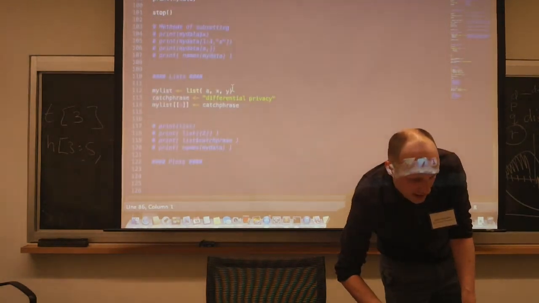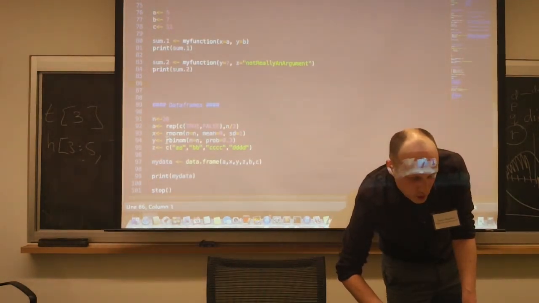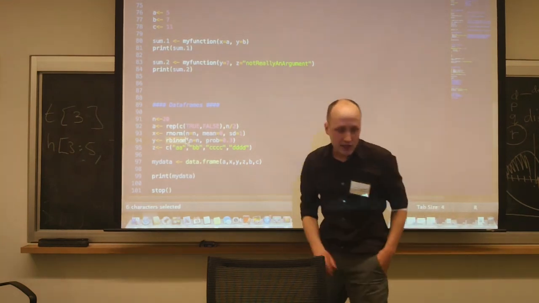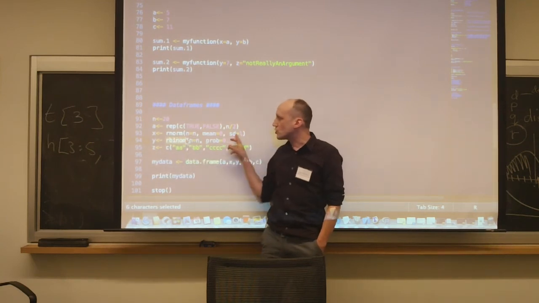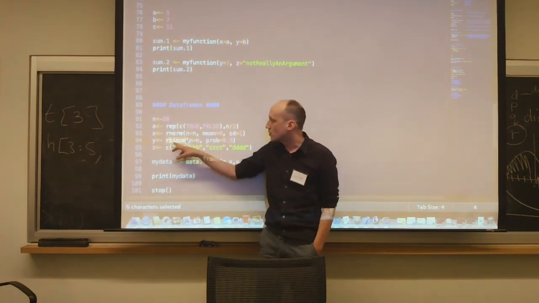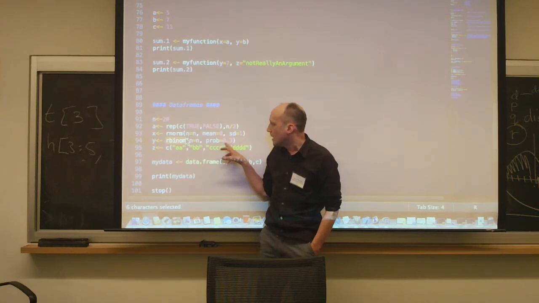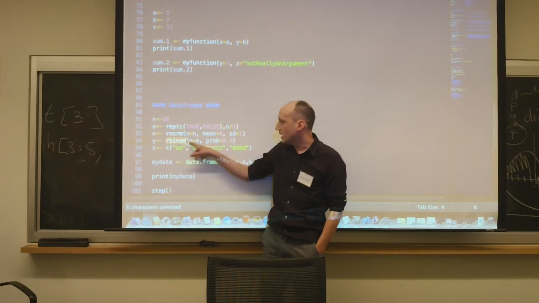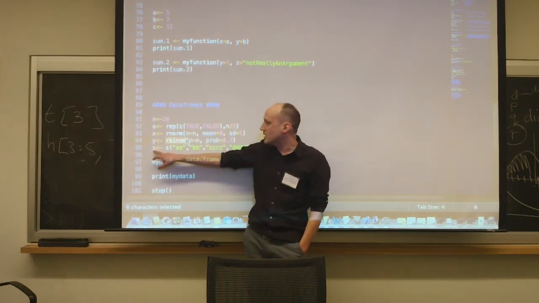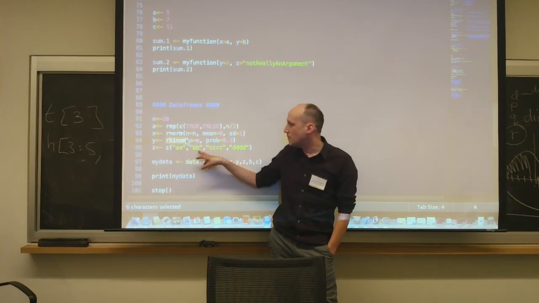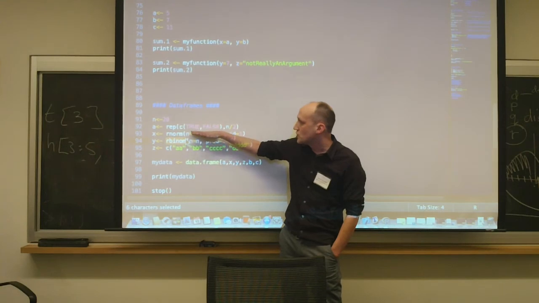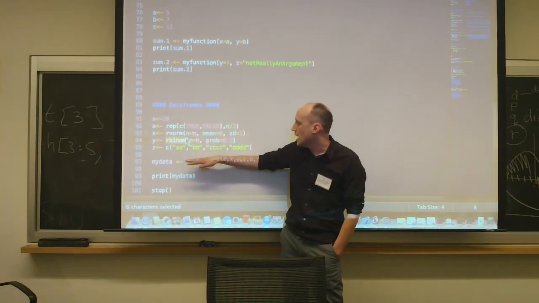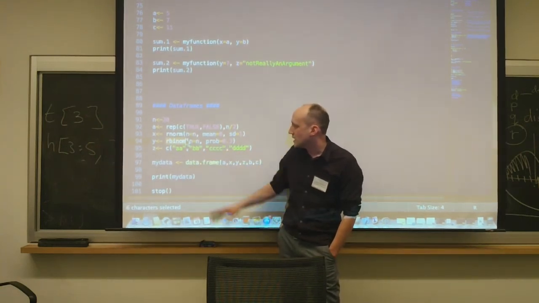Okay, a binomial distribution is also pretty useful. You'll see in the code that I have an example of draws from a binomial distribution. So I'm going to construct some variables. A is going to be true, false. X is going to be a bunch of draws from a normal. Y is going to be a bunch of draws from a binomial. So that's just zeros and ones with a probability of being a 1 of 0.3. Again, n draws from that. And then Z is going to be something completely different. It's going to be a bunch of characters: AA, BB, CC, CC, DD. So a bunch of different types: Booleans, a bunch of floats, doubles, and some character data.